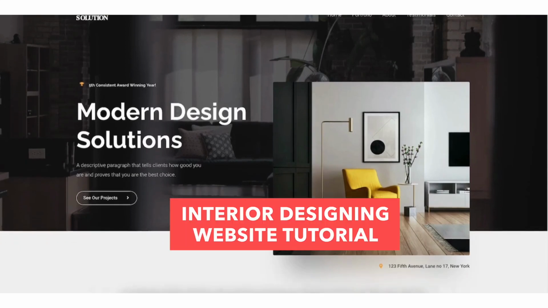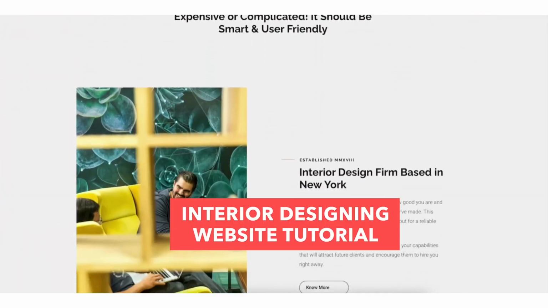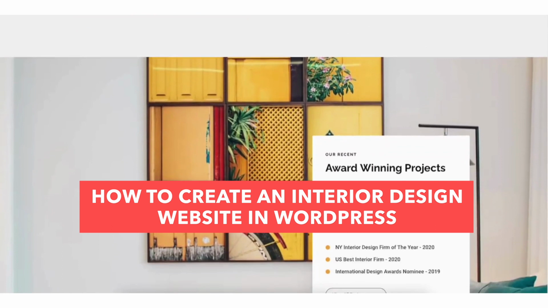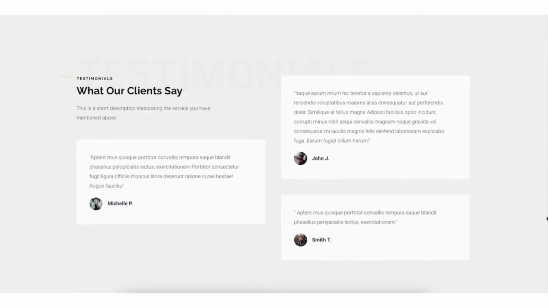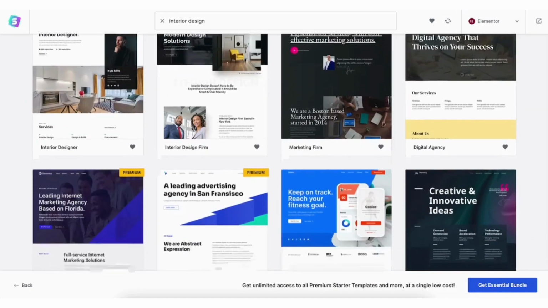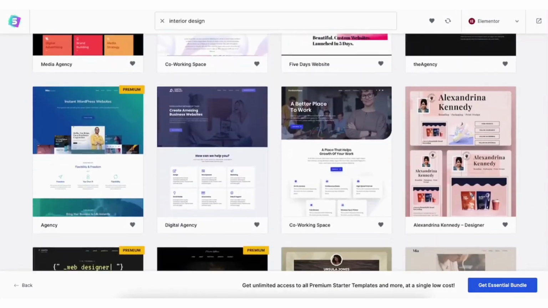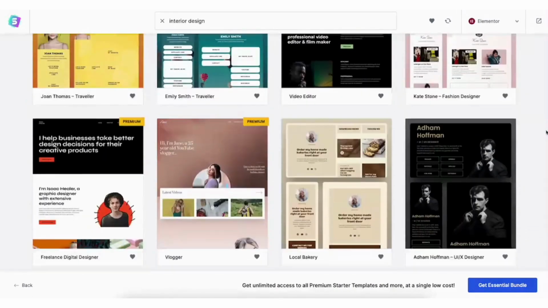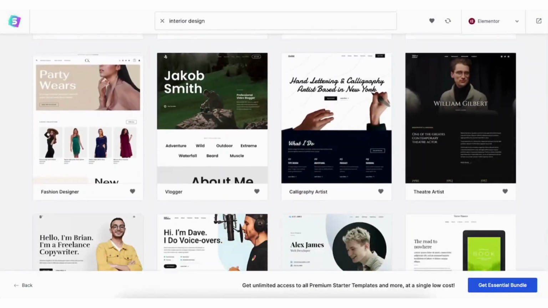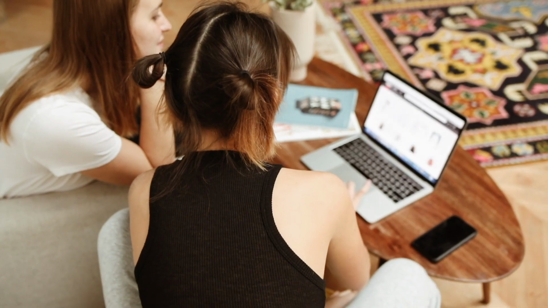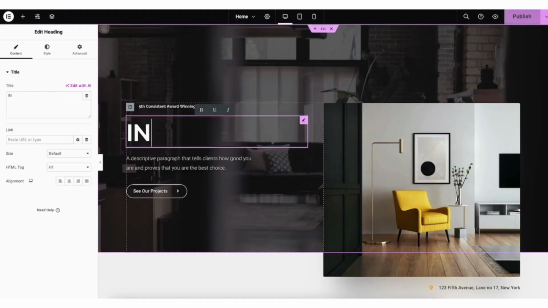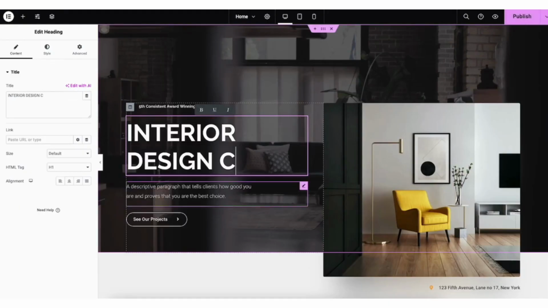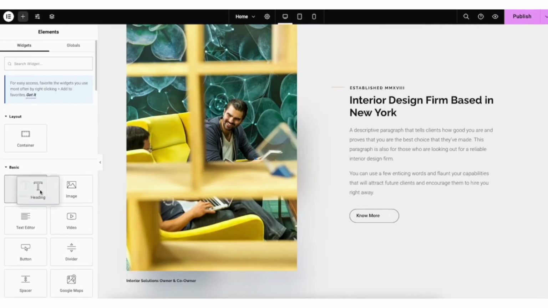In this interior designing website tutorial, I'm going to be going over how to create an interior design website in WordPress step by step from start to finish. I'll be showing you how to access professional pre-made WordPress website templates to make creating your interior designing website an easy process. I'll also be going over how to create your interior design website using one of the most popular drag and drop editors, Elementor Page Builder, so you can build a professional looking interior design website via drag and